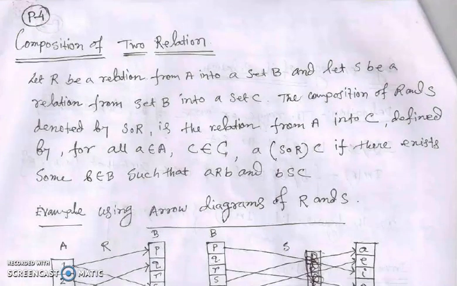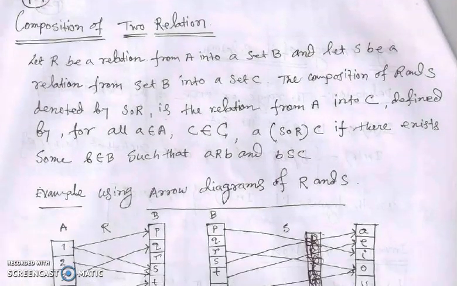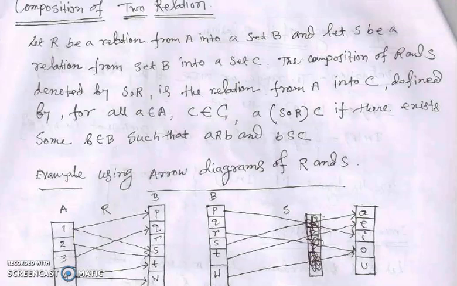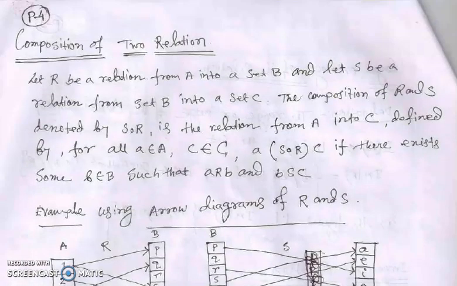Next one is the composite relation. What is the meaning of composite relation? Let R be a relation from A into a set B, and S be a relation from the set B into a set C, then the composition of R and S, denoted by S composed R, you should remember this one, composition of R and S denoted by S composed R is the relation